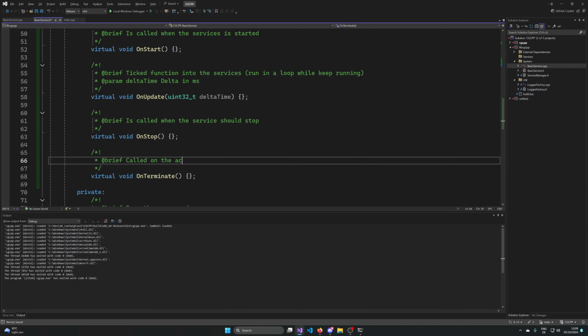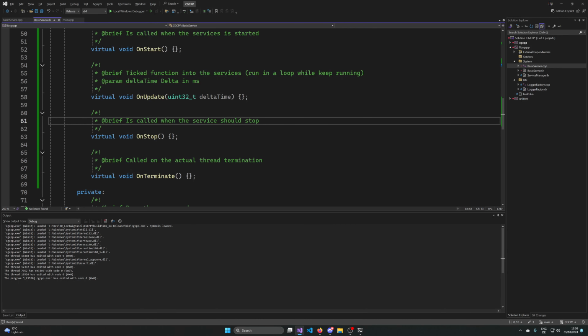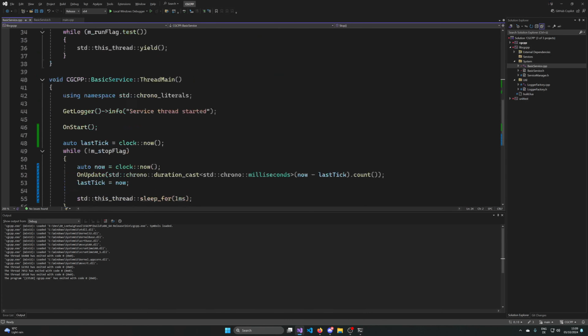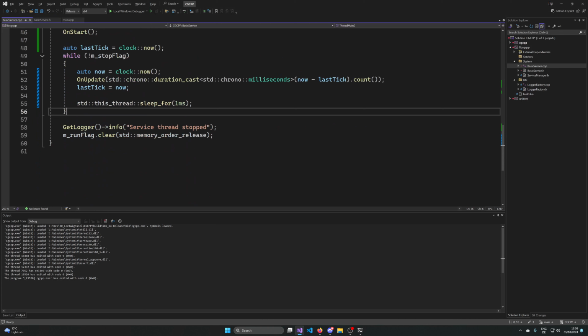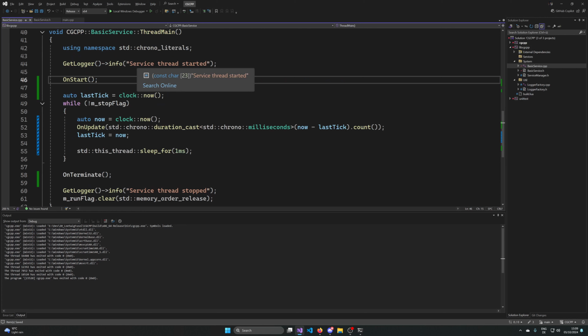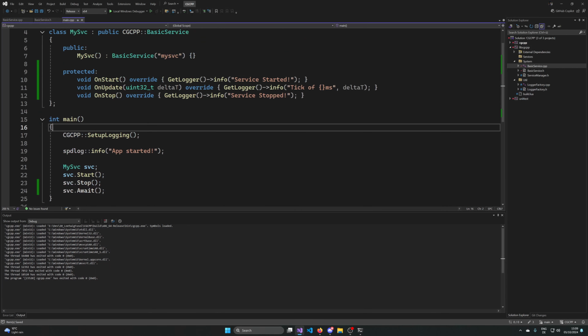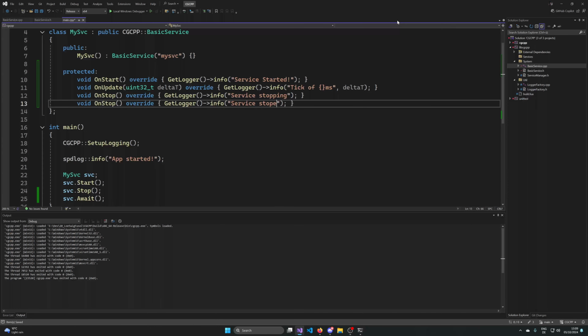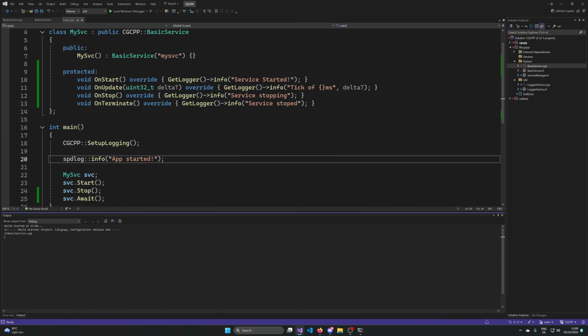Called on the actual thread termination, and this is when the service should get stopped. So let's put the onTerminate in here as well. So we have the onStart and then we have the onTerminate, so that we have a bit more options. So we can say service stopping here, and then we can say service stopped in the onTerminate callback. So now we have a bit more control, and now we should get all these proper